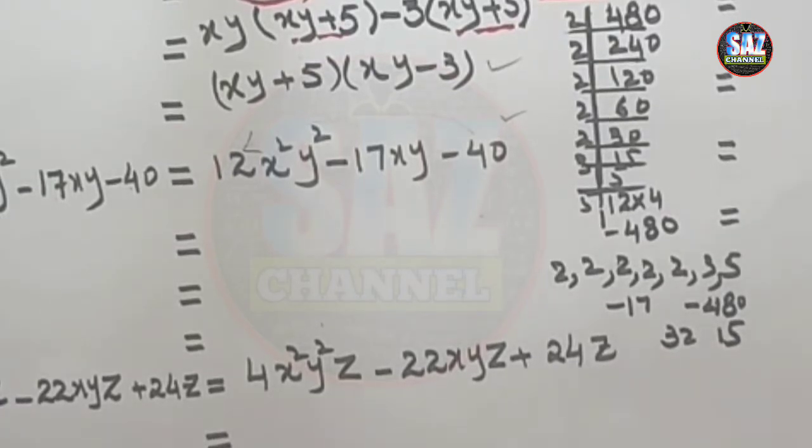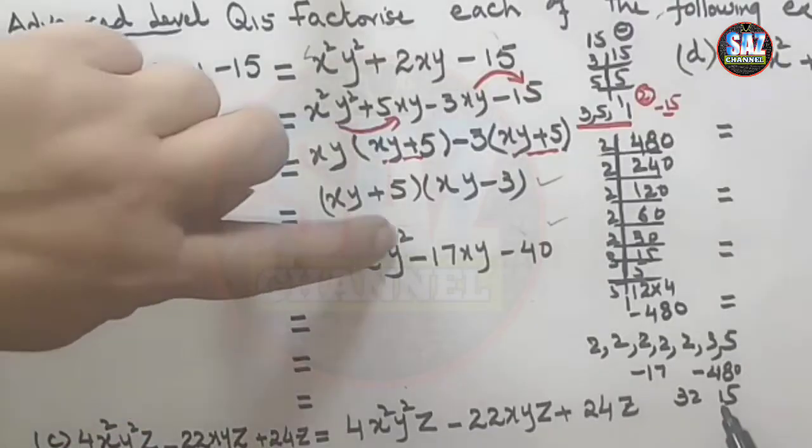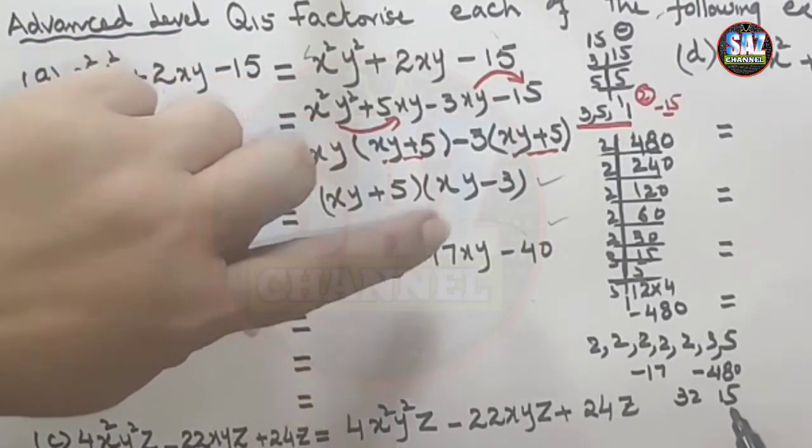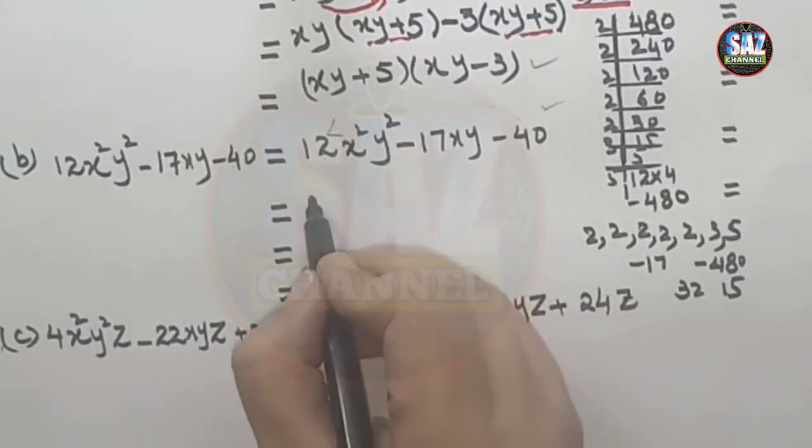And when I am multiplying 32 by 15, my product is 480. So I hope this choice is suitable. Second problem is we have to decide the sign of 32 and 15. As the middle term has the negative sign, the larger factor will have the negative sign. So let's move to the solution.